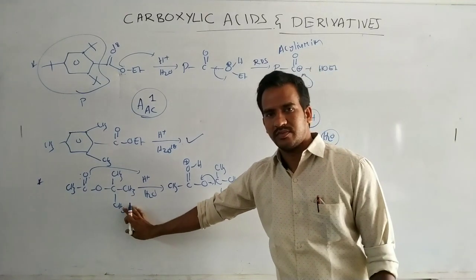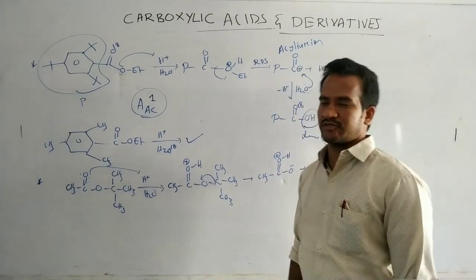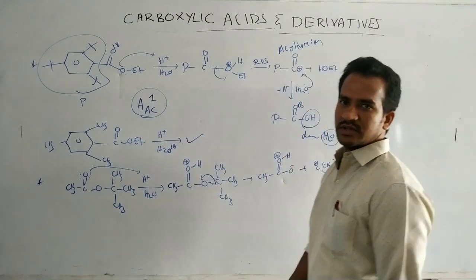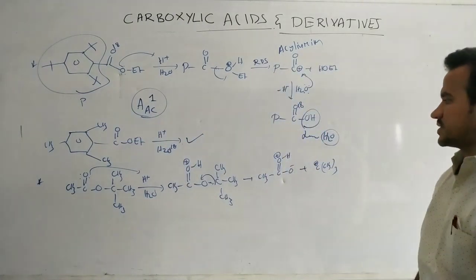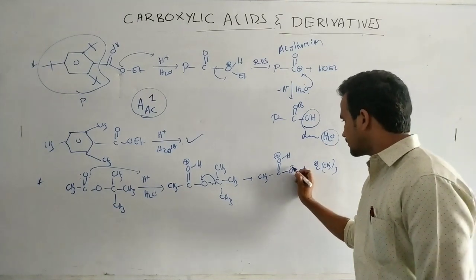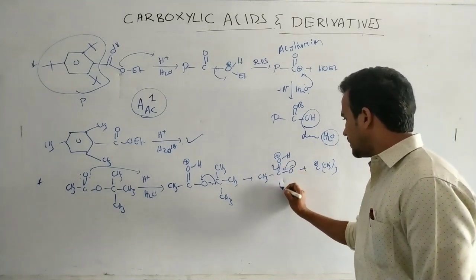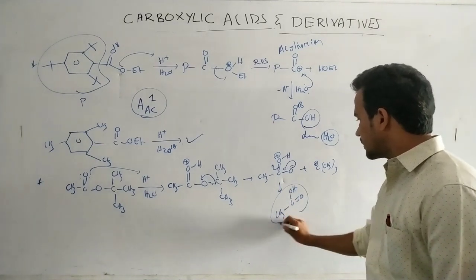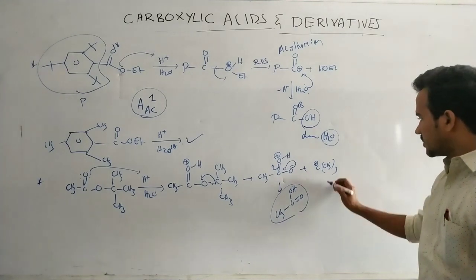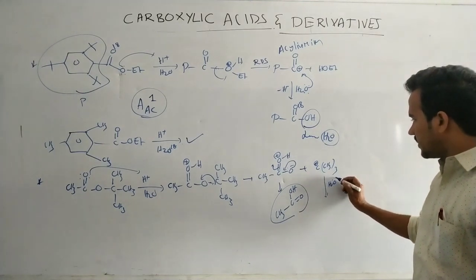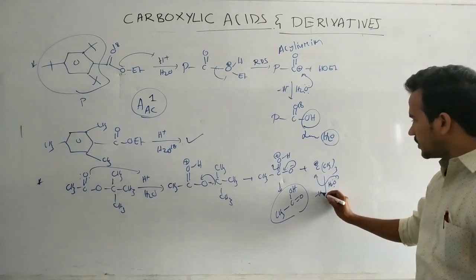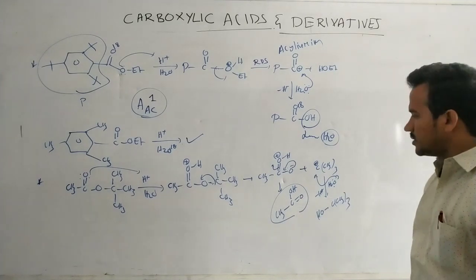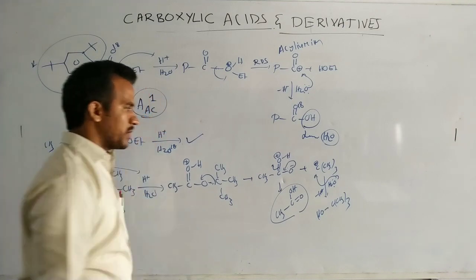Whenever this alkyl group is bulky in nature, this type of mechanism takes place. The mechanism differs depending on the structure of the substrate. So now here, reformation of pi bond, then transfer of electrons. So CH3C OH double bond O, that is the fixed compound. Now this tertiary carbocation is attacked by the water molecule followed by deprotonation. So we will get tertiary butyl alcohol.